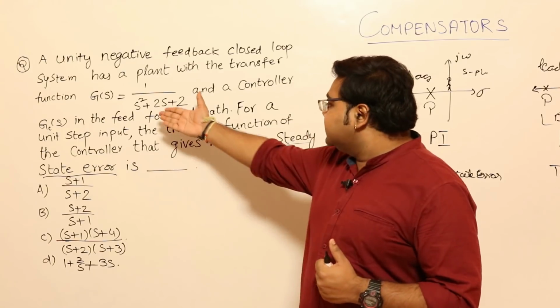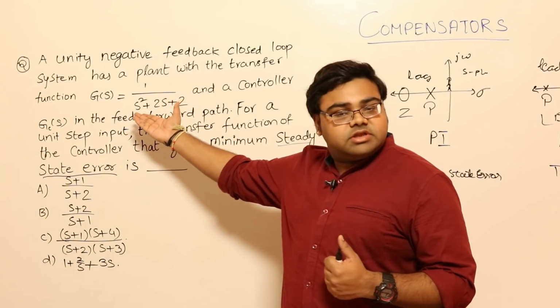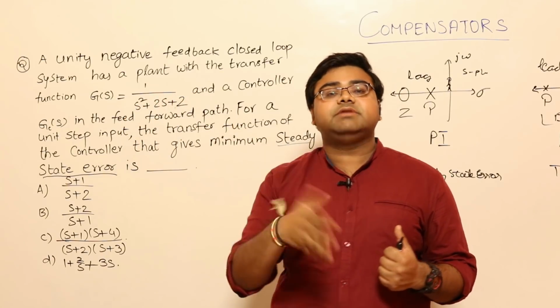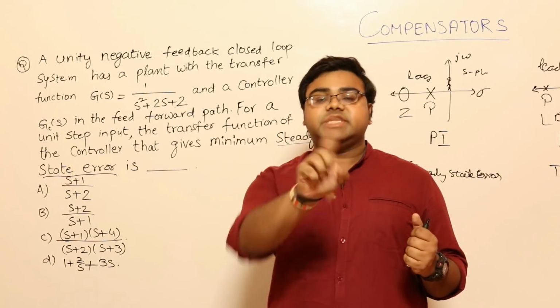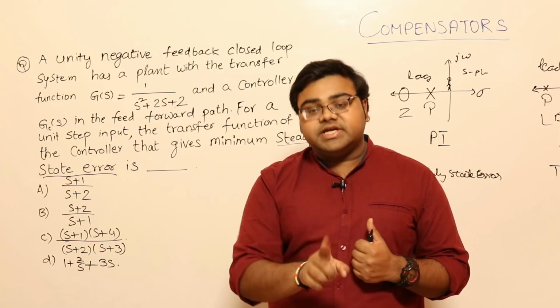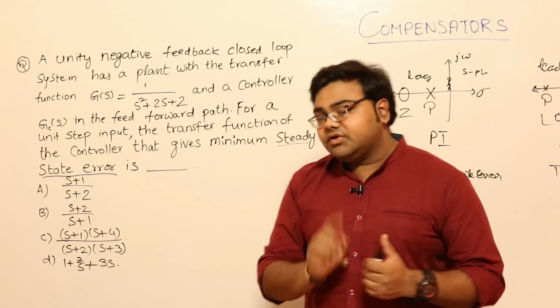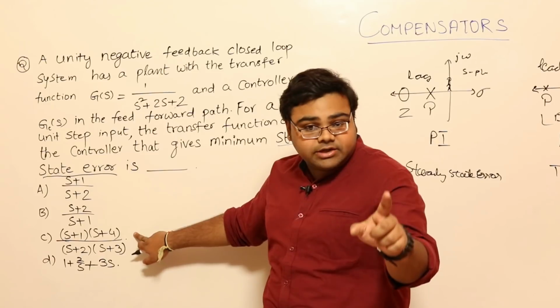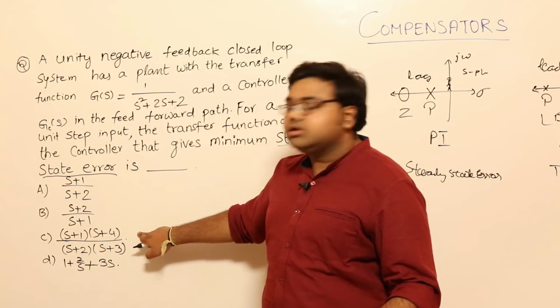This is the system. This is a second order system. This is an underdamped second order system, if you will see. So its transient behavior is already fine. Only steady state error is coming. Because of that, I don't have to use PID. So by default, if you look at the options, this is a PID controller, eliminated. This is a lag lead compensator, which is like a PID controller, eliminated.